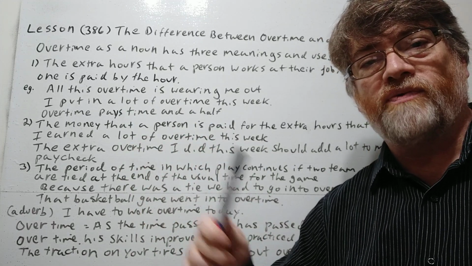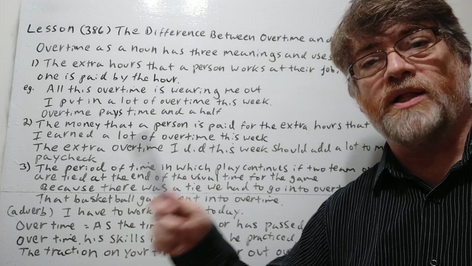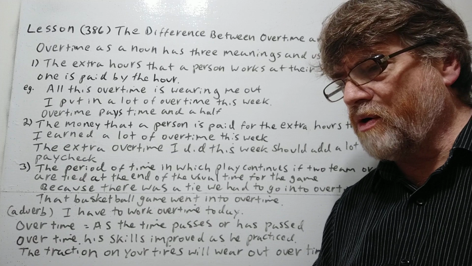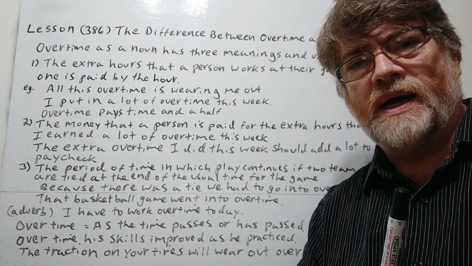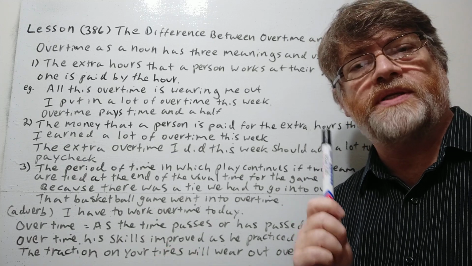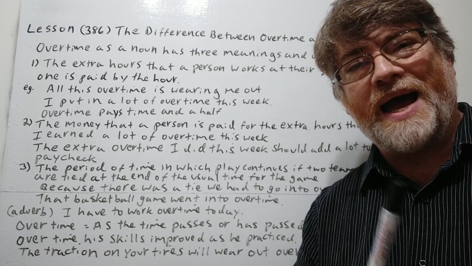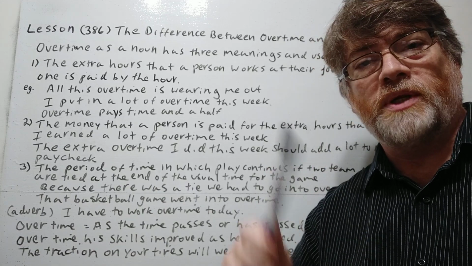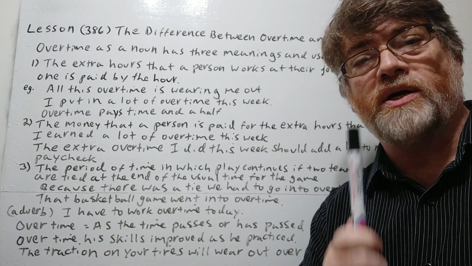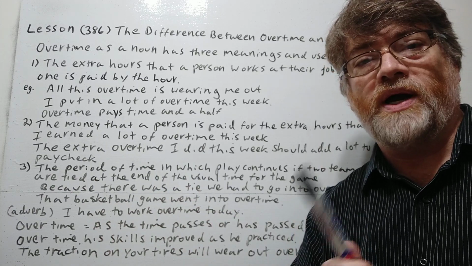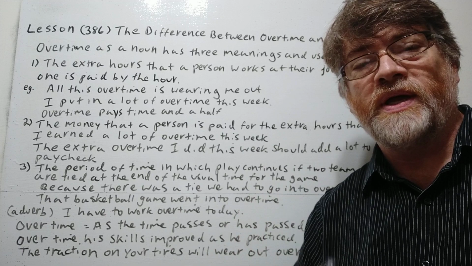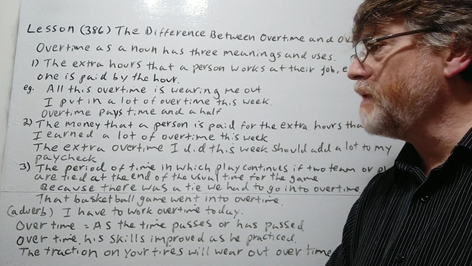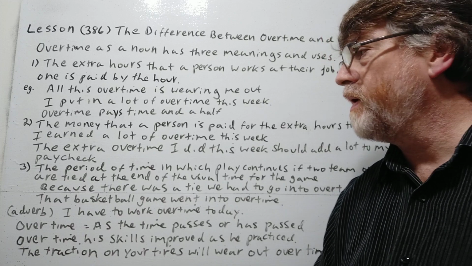So whatever your full-time is, your regular pay, you get an extra half. So I think in the U.S., if you work over 40 hours a week, let's say, for example, you earn $10 an hour. So every hour over 40 hours, usually you will earn time and a half. So you'll actually earn $15 an hour for every hour that's above the normal 40 hours. That's what they mean.